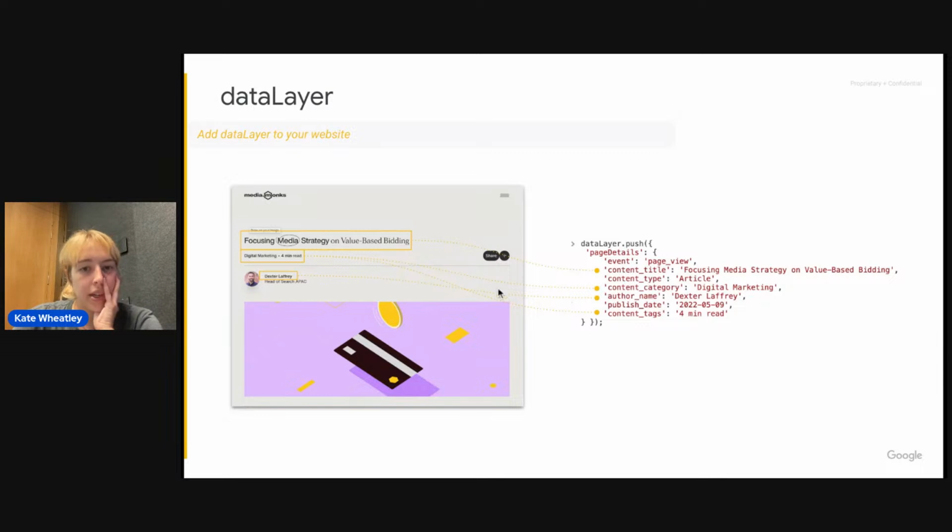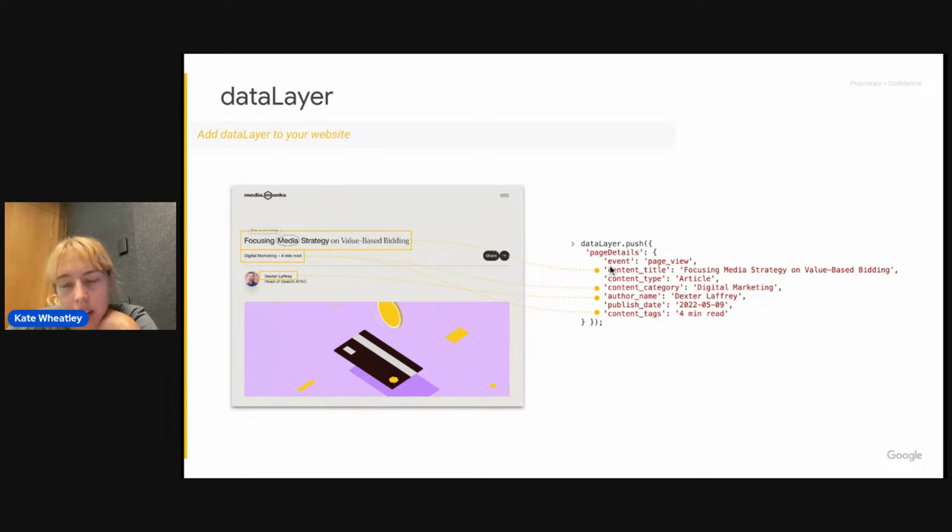So here's an example of what one looks like. I probably should have said this earlier instead of just using my fingers in the air to explain what I'm saying. So this is an example of a data layer push that we might have for a page view. And I think this is relevant to that question I answered before about ensuring you're collecting these parameters on page view, right? So if you are using your data layer to collect page views, or to push page views, sorry,